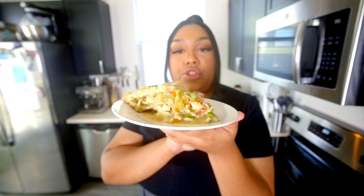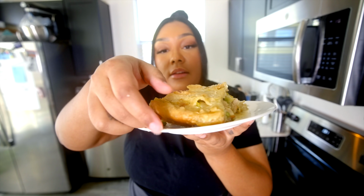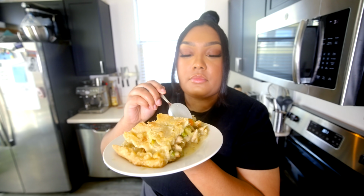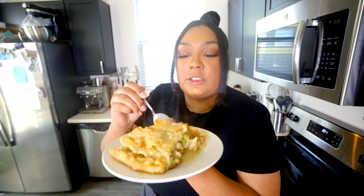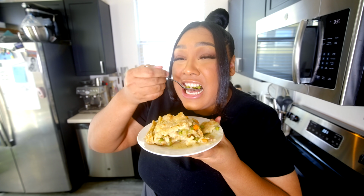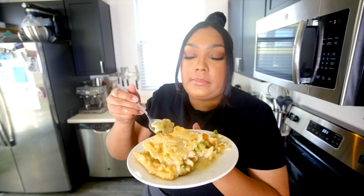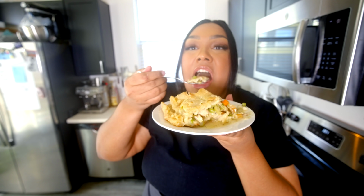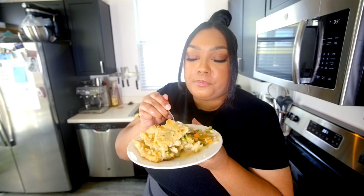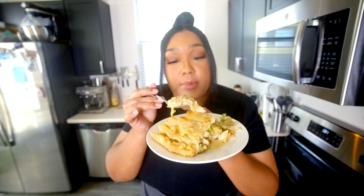Steaming hot chicken pot pie. I loaded that thing up. And as a matter of fact, look at the crust. Okay, perfect. Let's give this a try. I'm like, it smells so good in here. Oh my gosh. You guys, that spice in here is like perfect. Obviously, if you don't like spice, you can leave it out, but